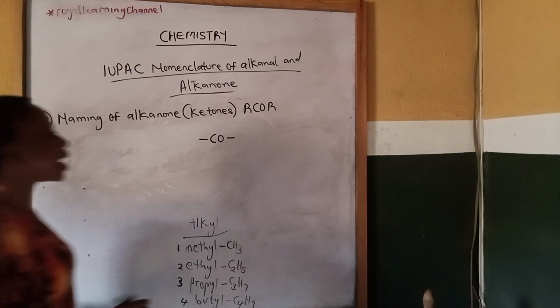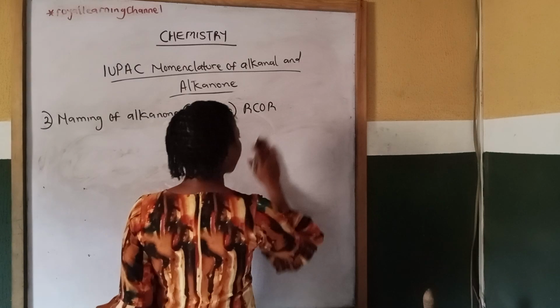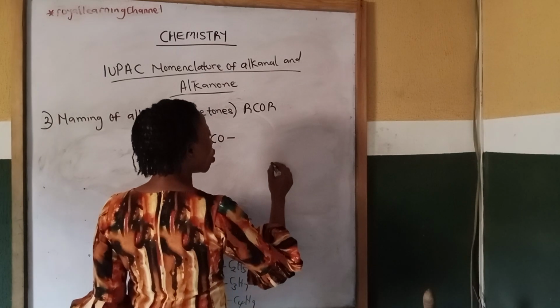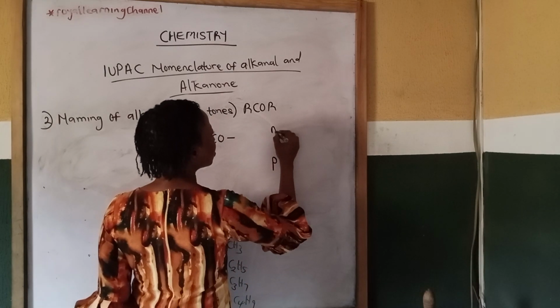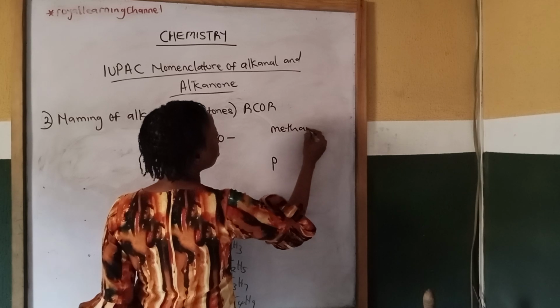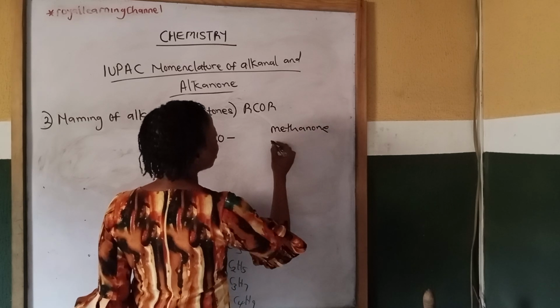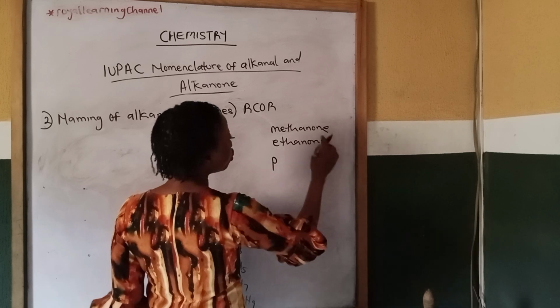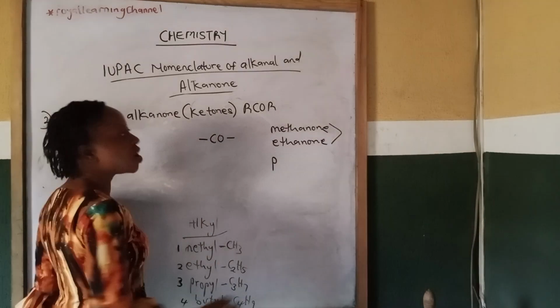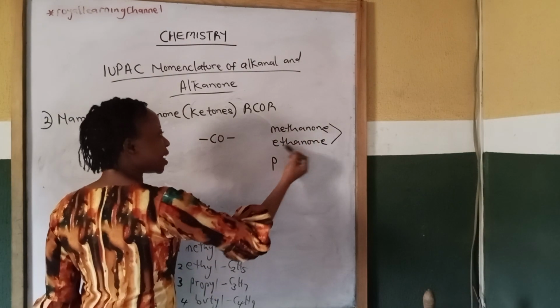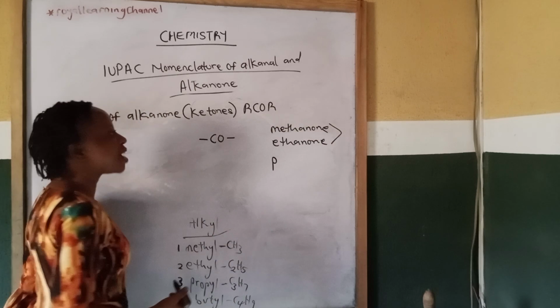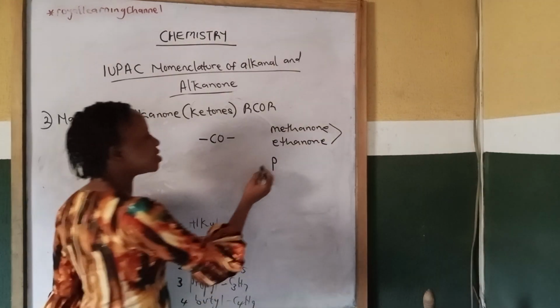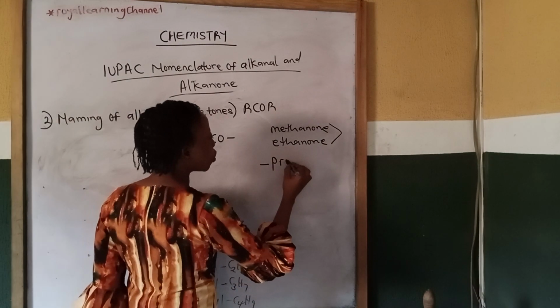Then under alkanone, the members of alkanone start from propanone. There is nothing like methanone. Then there is nothing like ethanone. I'm going to explain the reason why there is nothing like methanone and ethanone. So it starts from propanone,